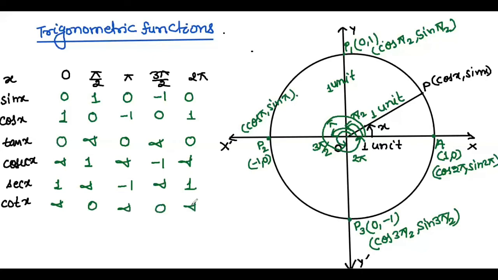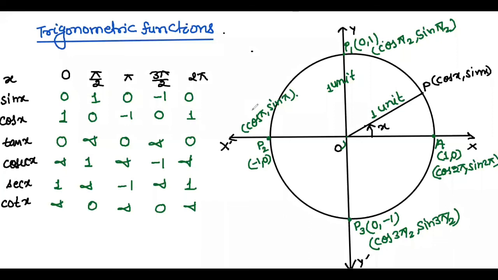So these are the values we are getting. And you have to remember these values. These are very important. So here we have seen positive angles, meaning in the anti-clockwise direction. Now we'll discuss negative angle values. When we define negative angles, we have to take the clockwise direction. So this point P is moving like that in the clockwise direction. So here, if the point is at A, P is in A.